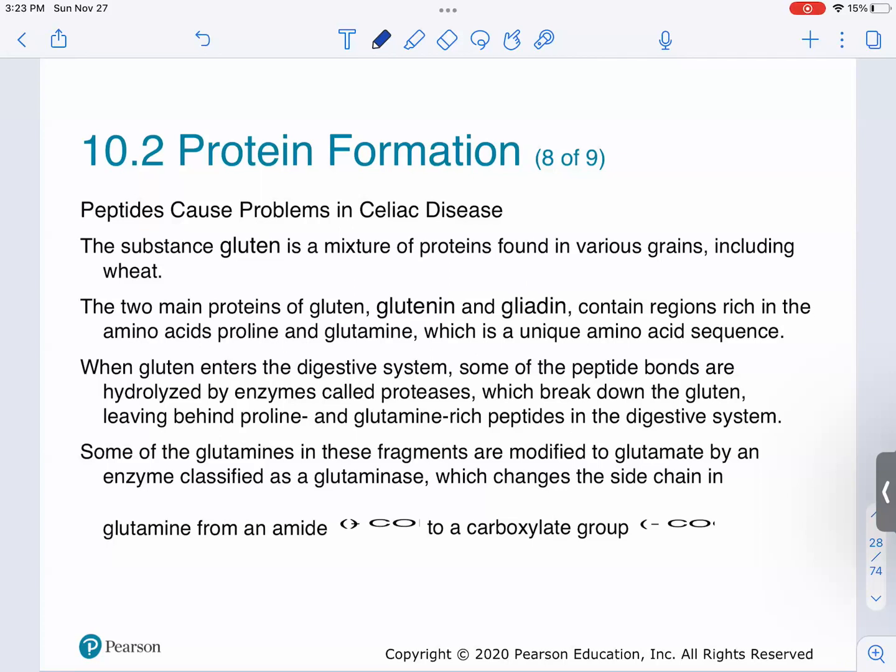And so some of the glutamines are then going to be converted by an enzyme called glutaminase to glutamate, right? And so when this happens, the side chains in the glutamine